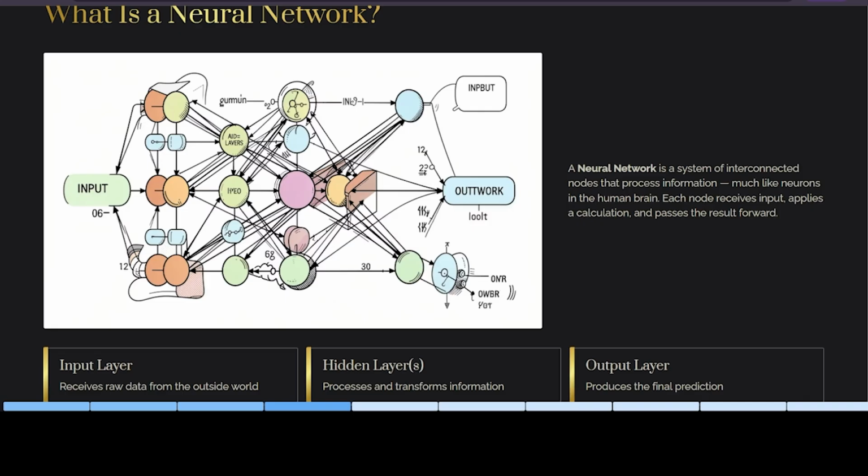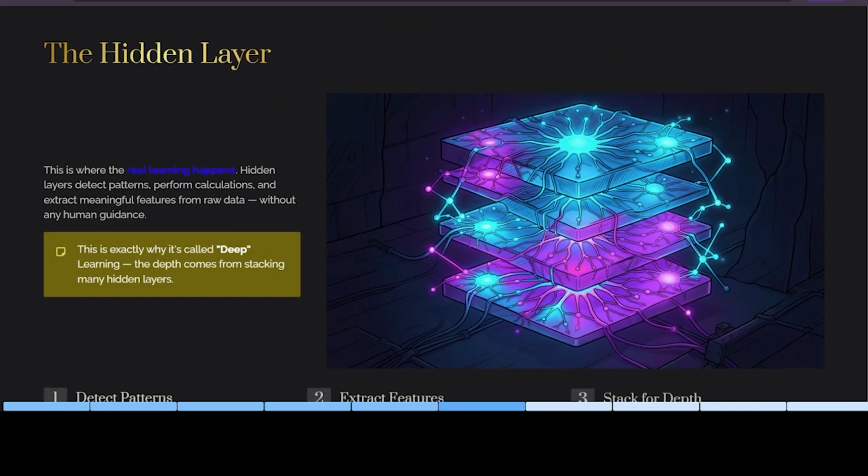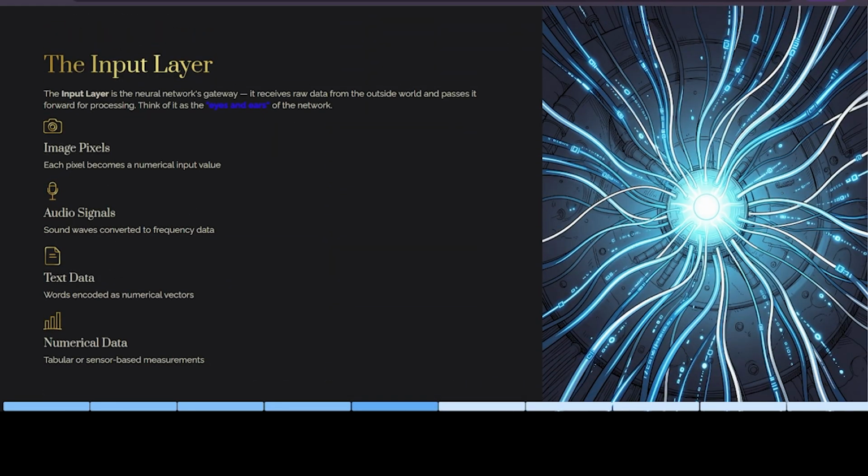Okay, the three layers. And now we are going to see another concept. That one is the input layer. First, the input layer. This one is an important concept, so I am giving all the topics separately here. The input layer is nothing but it's like a gateway. So guys, let's zoom in on the first layer, the input layer. As I mentioned above, it is the ears and the eyes of the network.